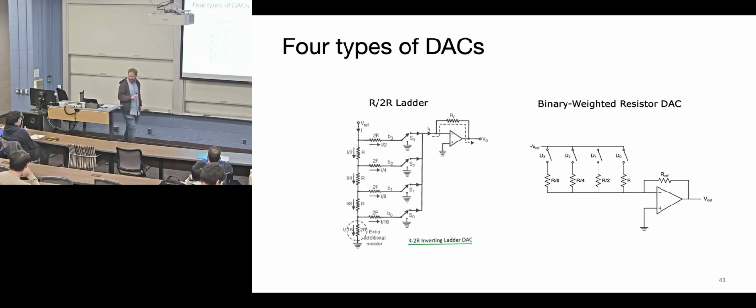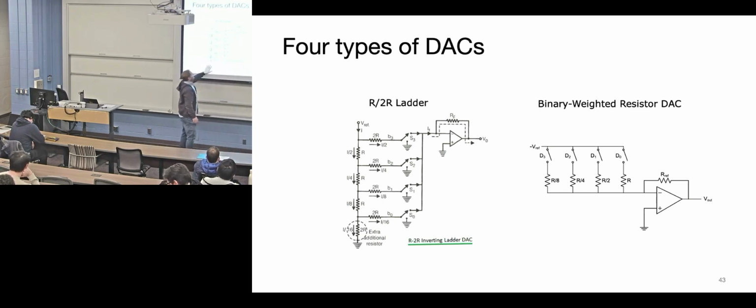The R2R ladder and binary weighted, the big trade-offs between these two: they're both summing amplifiers. I think I missed this, my slides were messed up last time. The only real difference is the switch topologies and the type of resistors you need. This one needs a wider variety of resistors. They're all multiples of each other, but as you go to a very large bit length, that becomes harder. You want R over 16 size and have that proportionally match the R size and always be a 16th. So there's a limit on how hard it is to make these.